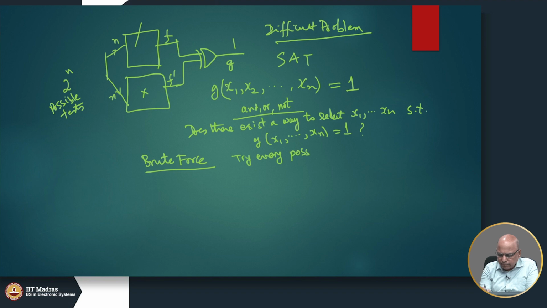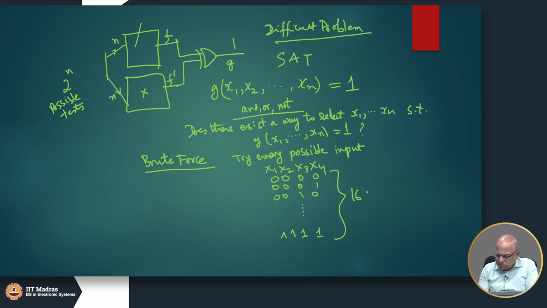For example, if we have 4 inputs, we can try with 0, 0, 0, 0, 0, 0, 0, 1, 0, 0, 1, 0, etc., to 1, 1, 1, 1. So, this will result in 16 cases, and somewhere we may be able to say that 0, 0, 1, 0 seems to work, it produces a 1